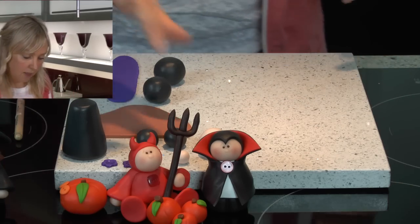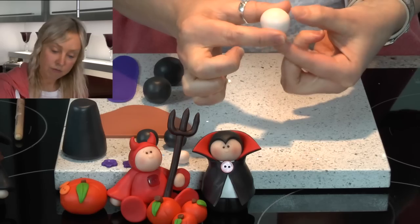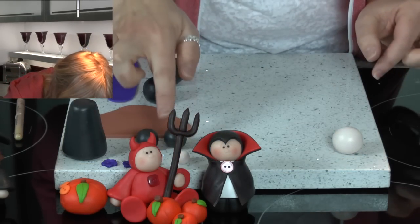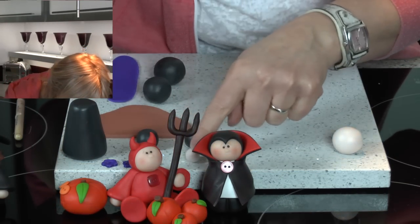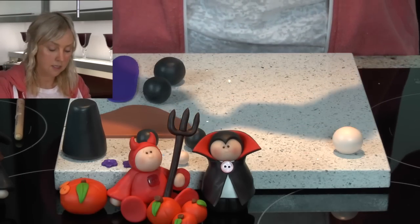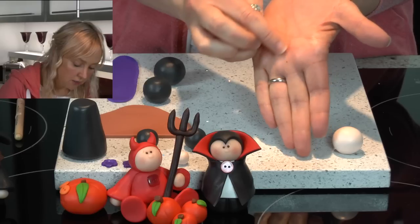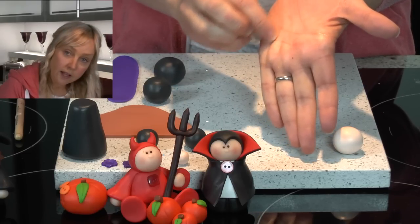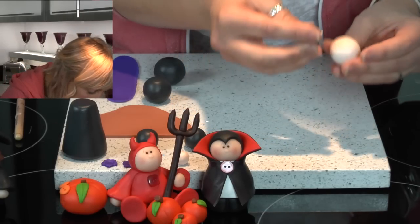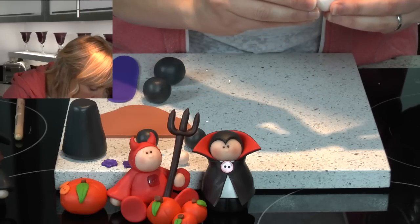And what I've done is I've taken a small amount of flesh coloured clay, and I've rolled this already into a ball, and we're going to place on a nose. Now I did have a nose here somewhere, but it's disappeared, so I'll just get another tiny piece of flesh coloured clay, roll the clay into a ball, flatten slightly, and I'm just going to place the nose